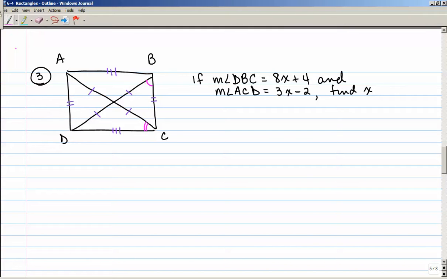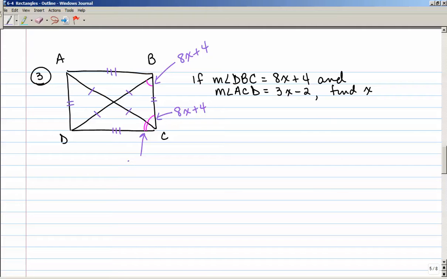I think it does, actually, because in this triangle right here, if these two legs of the isosceles triangle are congruent, then these two angles are going to be congruent to each other. So let me see if I can go ahead and write stuff in here. This angle here, angle DBC, was 8x plus 4, and so is this one as well, 8x plus 4. Because that's an isosceles triangle, the isosceles triangle theorem says that those two angles are congruent,